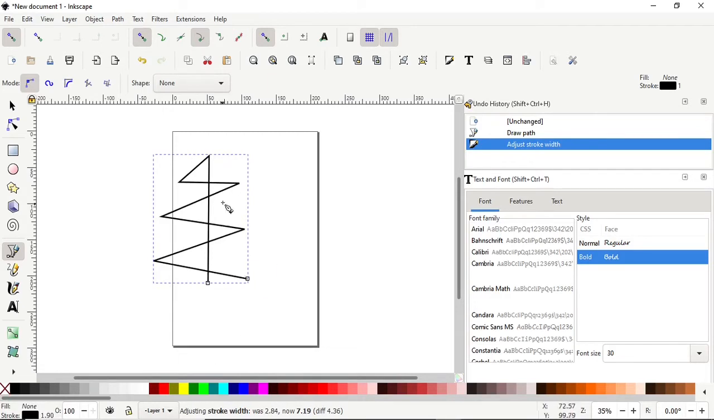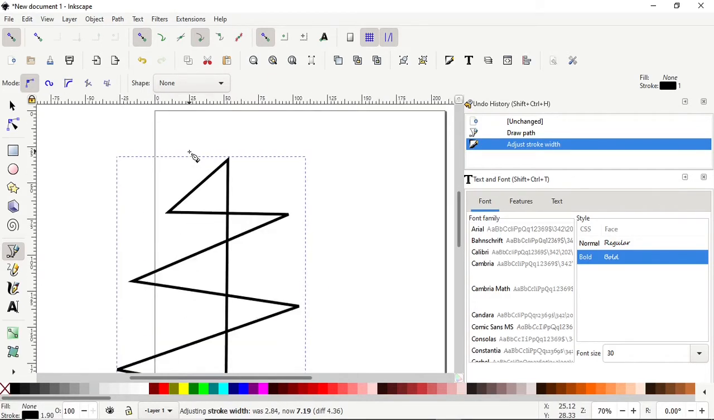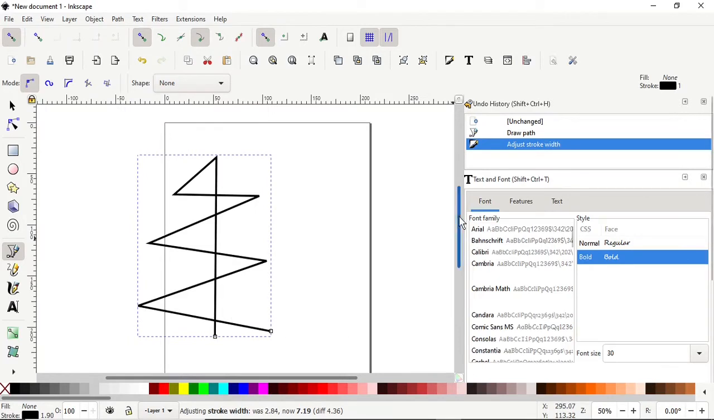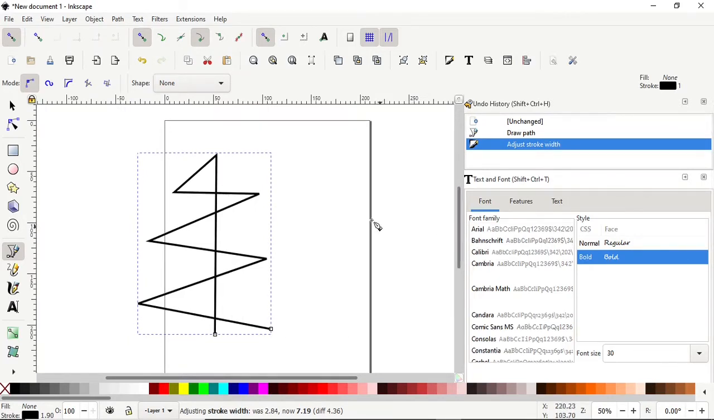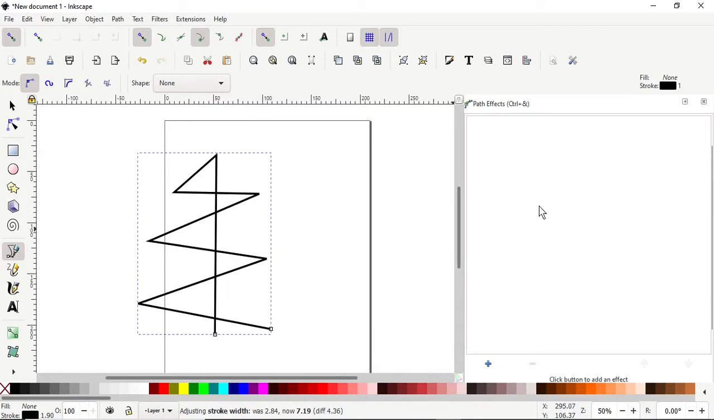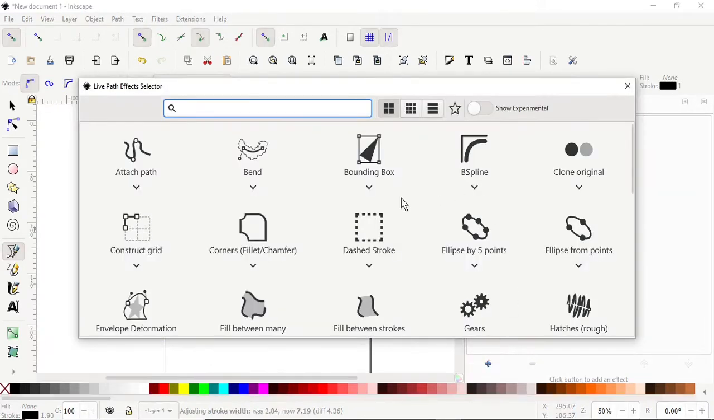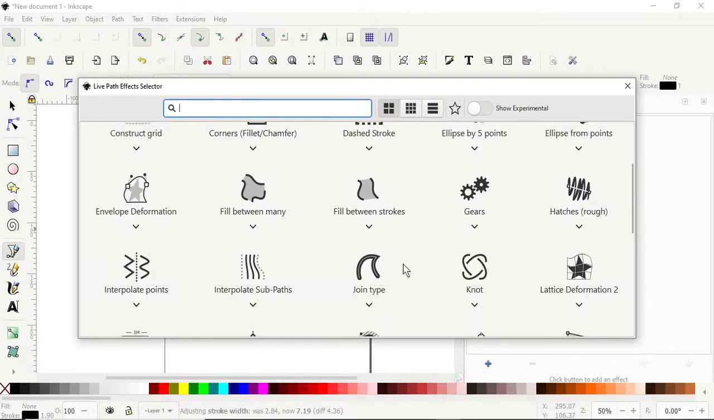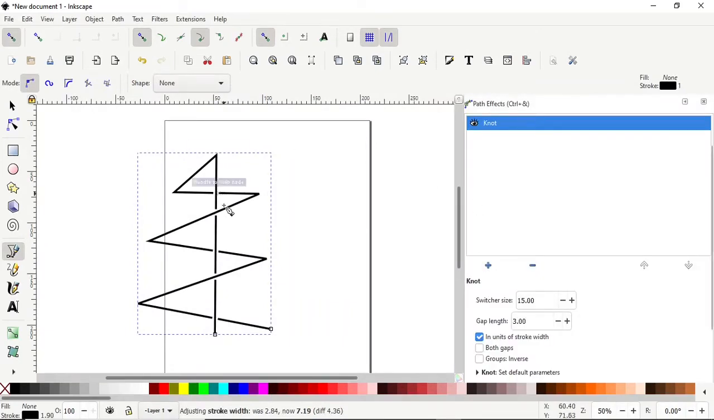I'll set a stroke width to about 2, and I'll zoom in a little bit. And now what I will do is set a path effect. We click on the plus, and then we go and look for the knots, and we click on there, and then what we will see is, I'll zoom in really close for a moment,